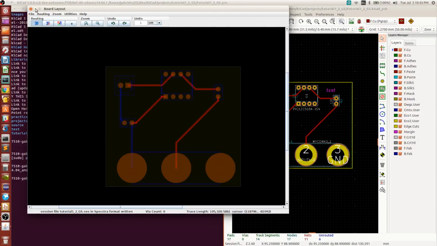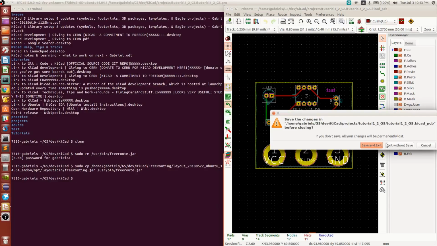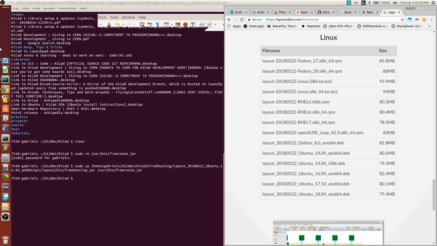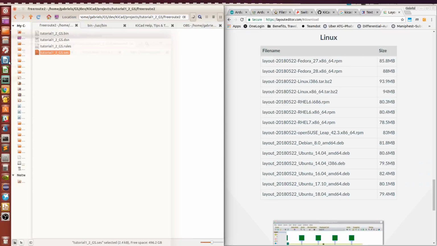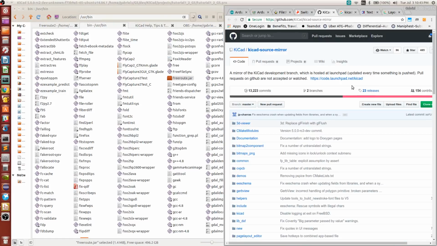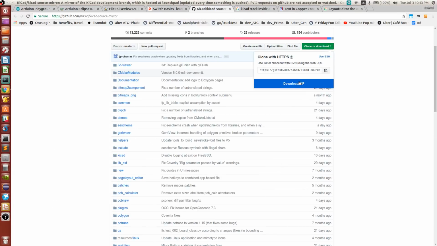Let's do a little bit more complicated of a board. Let's go ahead and close this. All right, so back here, let's get rid of this. I'm not going to save in this case. All right, so let's go ahead and download a demo from KiCad. So the demo is going to be located, let's see here, right here. Go to this location, GitHub, KiCad source mirror. And inside here, there's a demo folder. So on GitHub, click your clone or download button, download zip,